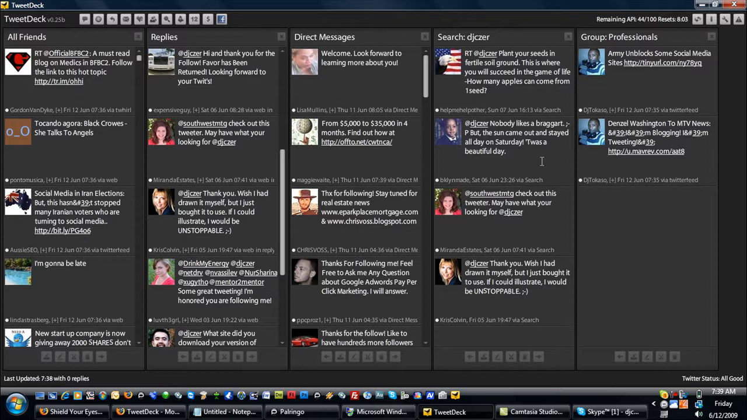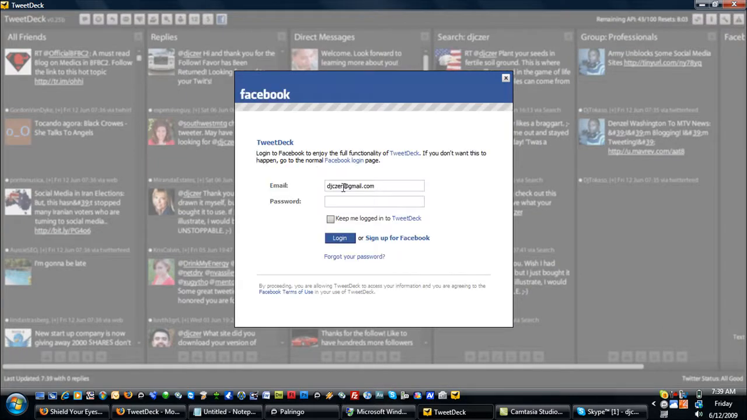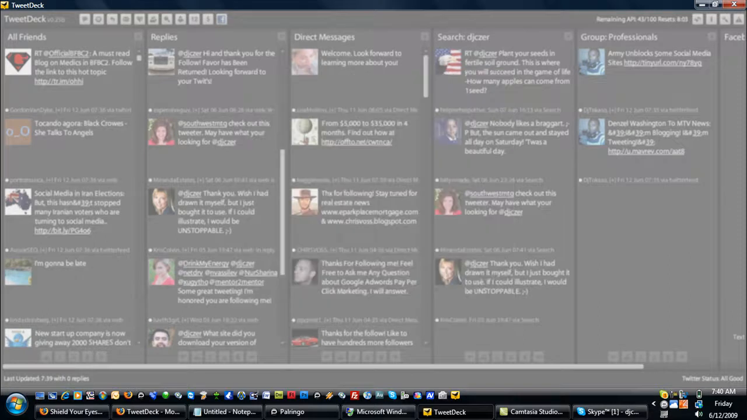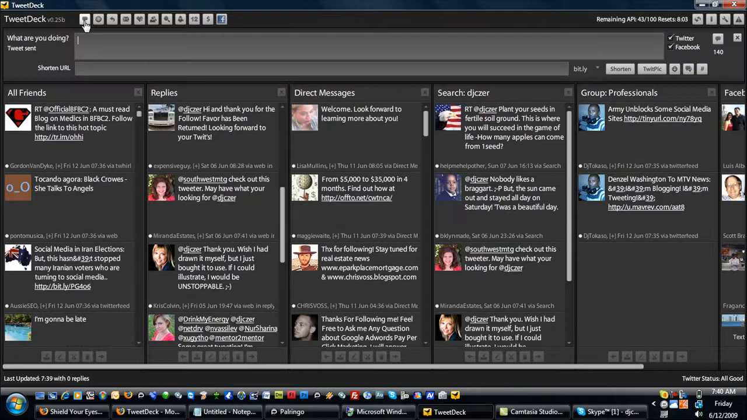And so let's cover tweeting. So when you're ready to tweet, I click on my Facebook status updates here, and go ahead and put your username and password right in here. This is just an application for Facebook, and keep me logged in at TweetDeck. And hit login. Okay, so now we're logged in. In the far left, you're gonna see a thing that says tweet. You see a little call out there,